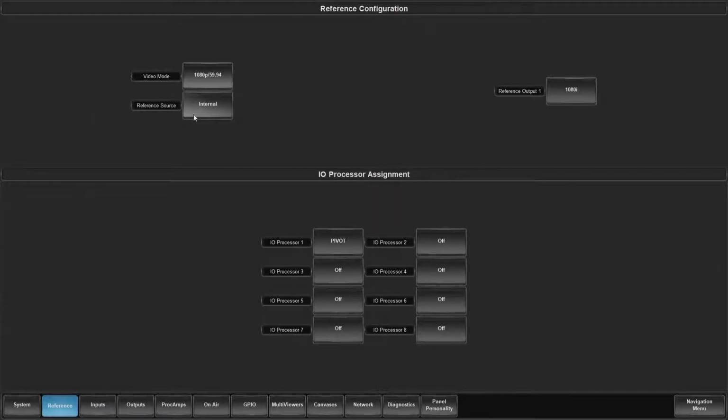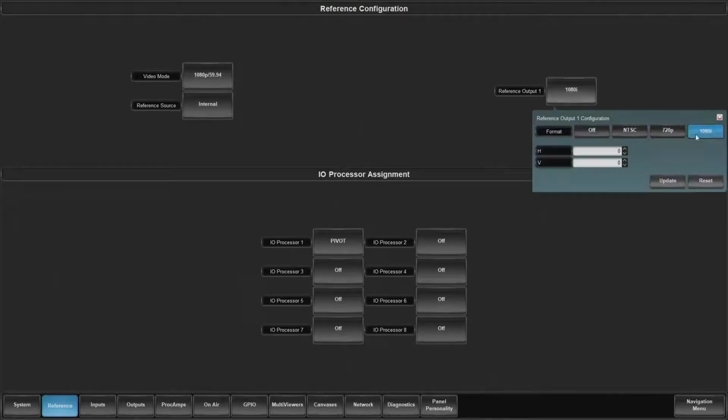I don't have a separate external reference generator. For the devices that do accept output reference, so they have a Genlock input on them, I'm able to set up a 1080i tri-level sync, or if I was operating 720p, a 720p, or even Blackburst NTSC. If we were inside of a 50 Hz or PAL data rate, we would see PAL here. You're also able to adjust your HMV settings for that output to time sources better into the system timing window.